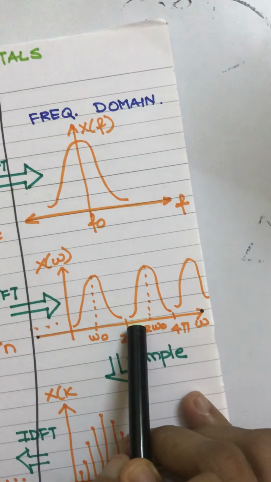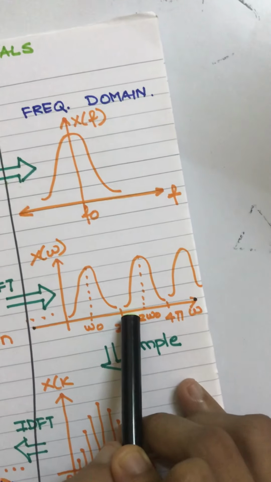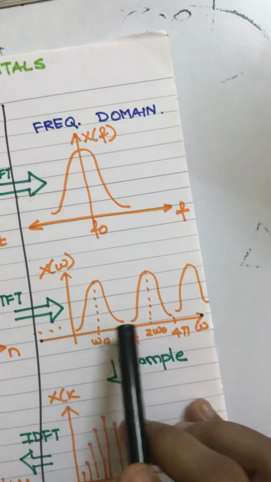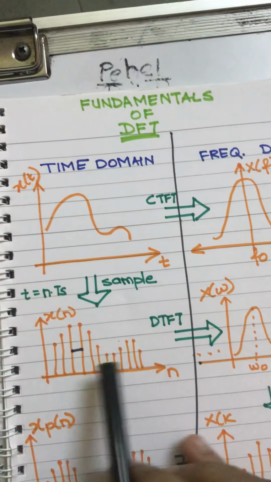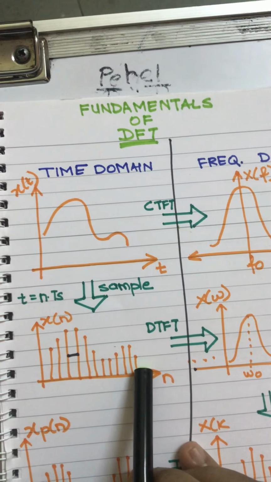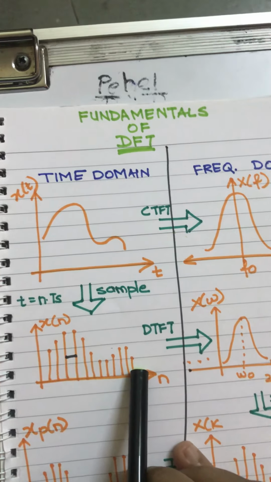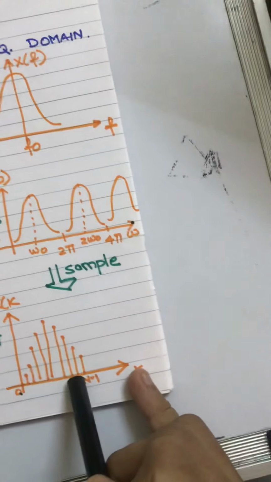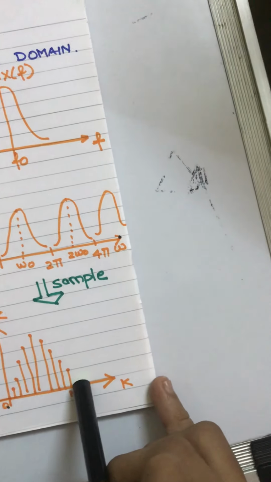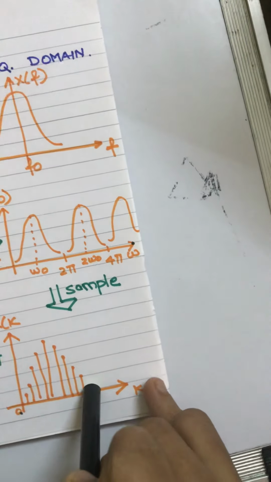Is there any sampling theorem? Yes. The number of samples to be taken from 0 to 2 pi has to be at least equal to the number of samples in the time domain. It could be more, but the minimum has to be equal to the number of samples in the time domain. If there are 8 samples, then the minimum number of samples you will be taking in the range from 0 to 2 pi will be 8. If there are 4 samples, then the minimum will be 4. Minimum, I said. You can also go for a higher value.